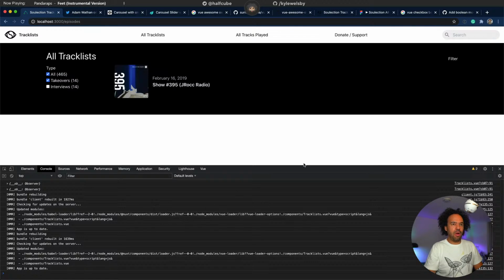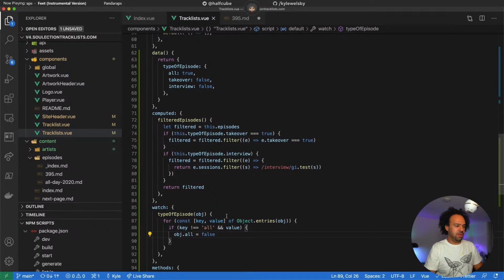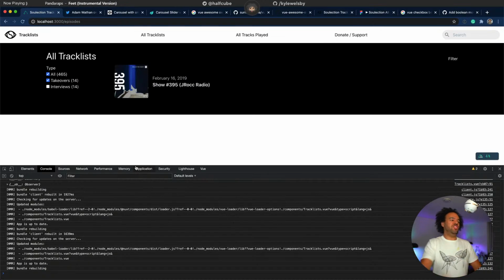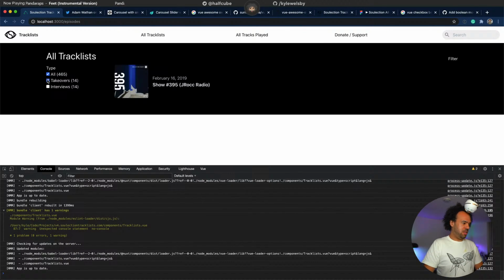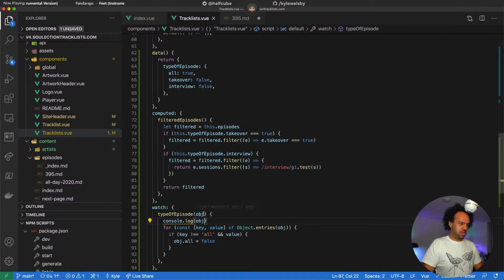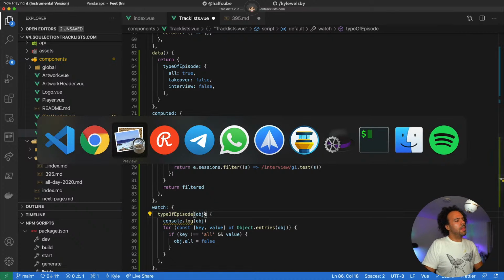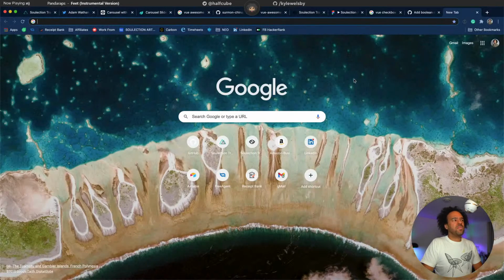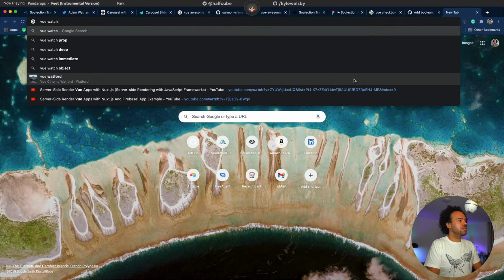I don't even know whether we got ourselves into an infinite loop. The way to test that is console log each change we see. Unfortunately, it's not done. That's what we expected. Maybe it's... Let's do Vue watch.